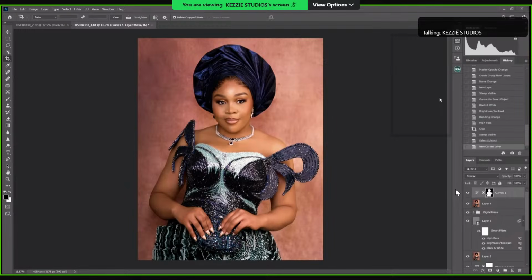Now what I want to do in that picture is add more texture. I want to add more texture to the work. So I simply drag